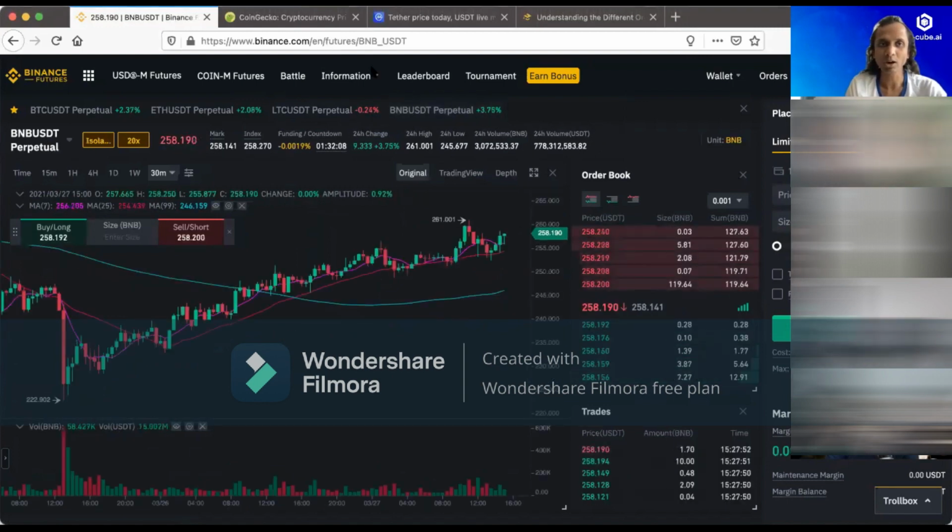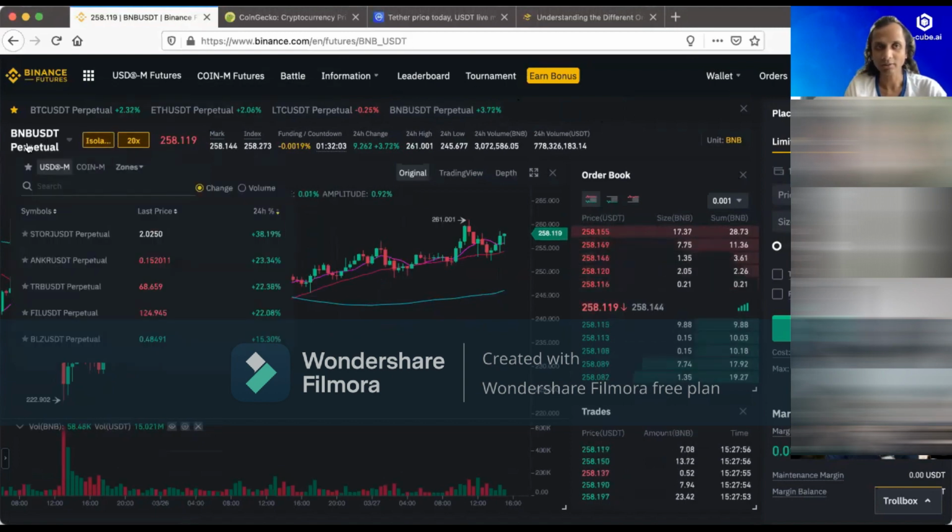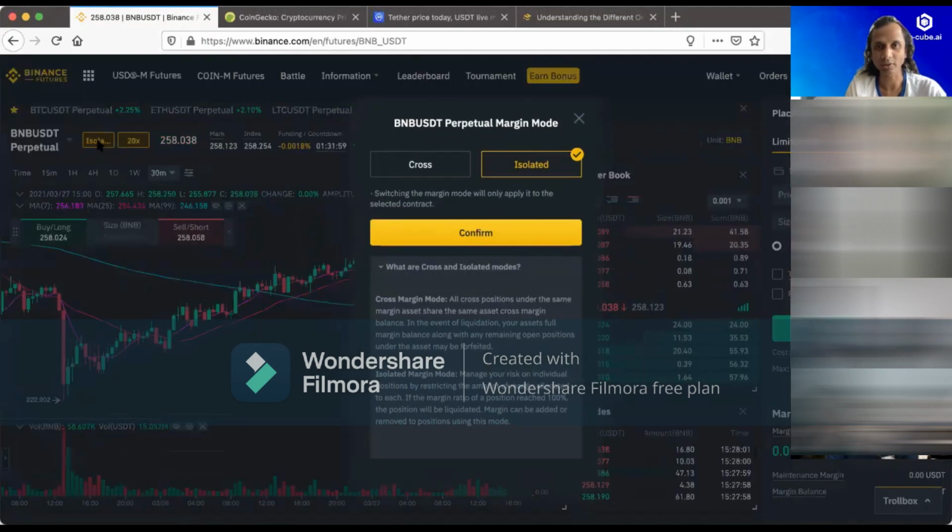So how to buy and sell BNB now? As you are seeing here, there is the perpetual contract, BNB USDT, and there are two things here: cross margin and isolated margin. What is the difference? The difference is